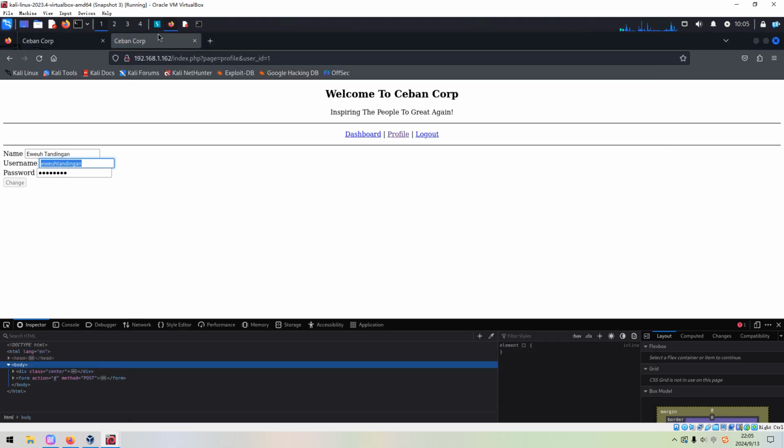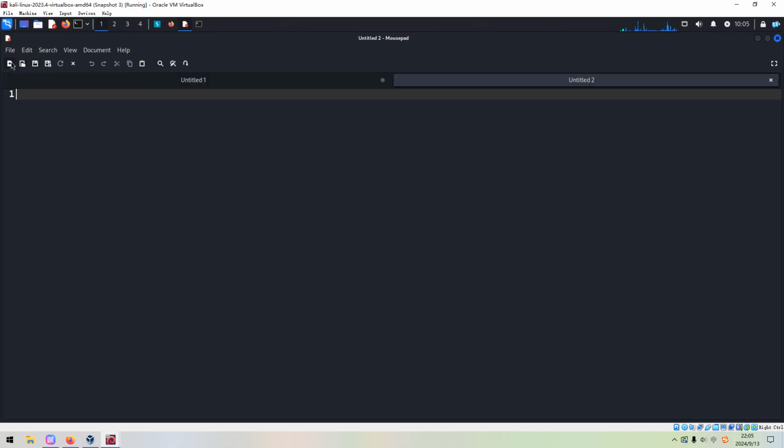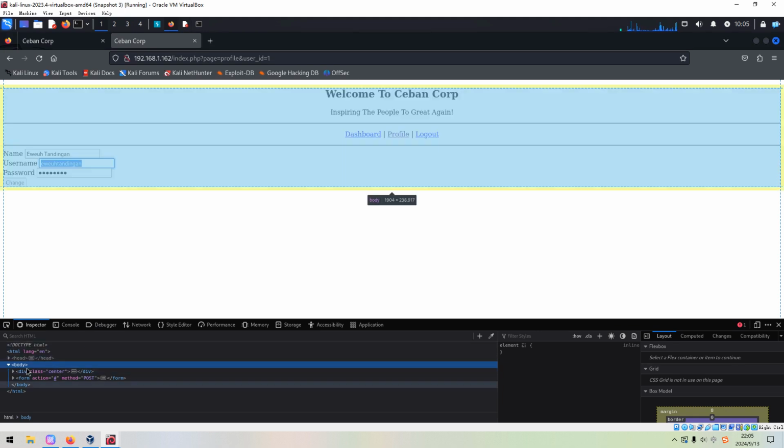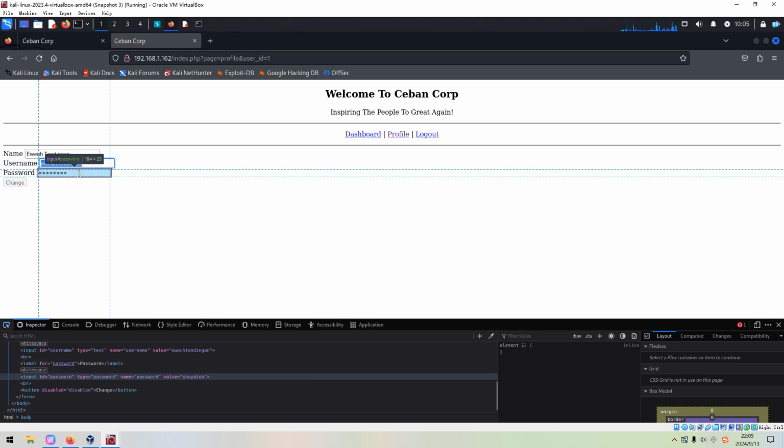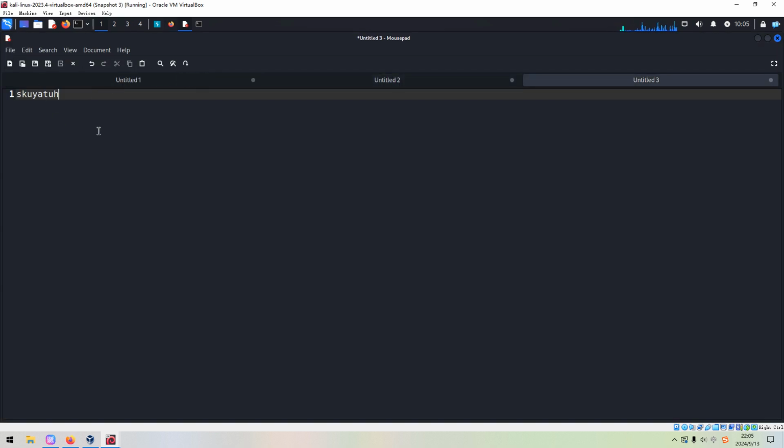We can copy it, and this should be the username. We can even get the password. If you locate this element on the page, you can get the value. This should be the password.